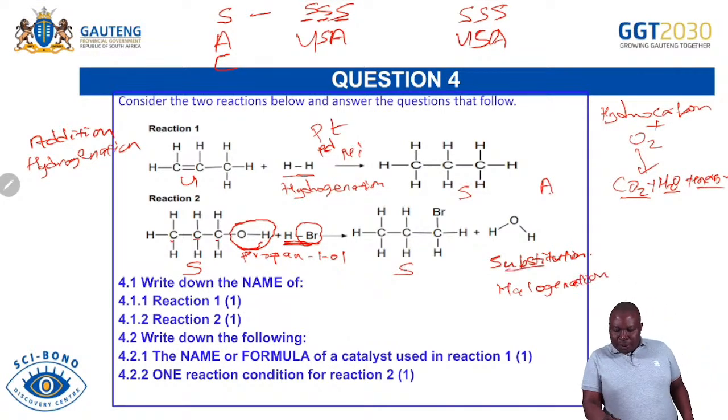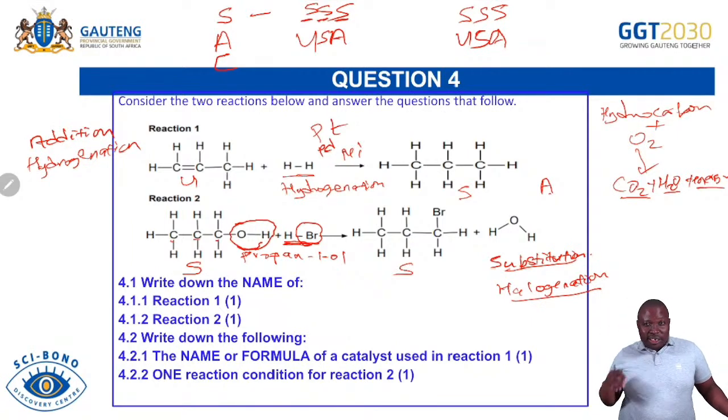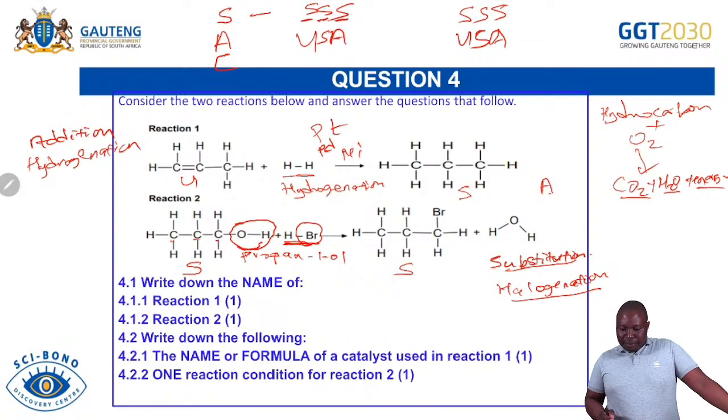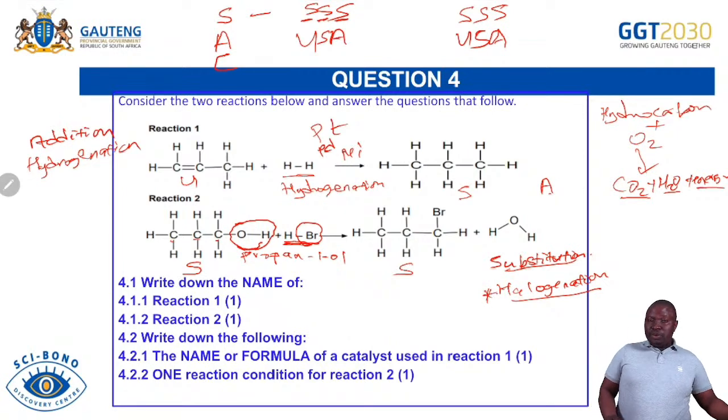So what type of substitution is it? Halogenation. Sometimes you have forgotten that it's halogenation. Would I be wrong if I say bromination, because we are using bromine? Then we can allow you to do that. But it's better when you just refer to it as halogenation. Then you will be able to get your marks. So please collect all these marks.